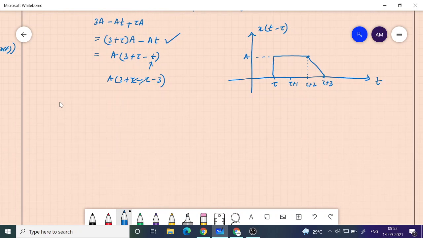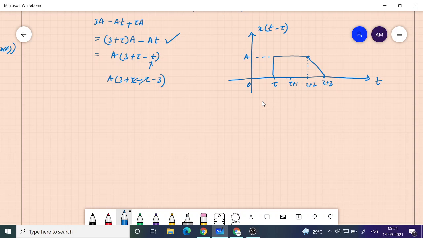Sir, it seems like it is not getting delayed here. Yes, see, this is t equal to 0. Earlier we had x of t which would go to a at t equal to 0. But now we are waiting even after t equal to 0 has been crossed, and still no signal has even started. But when it reaches t equal to tau, then the signal begins to go to a.